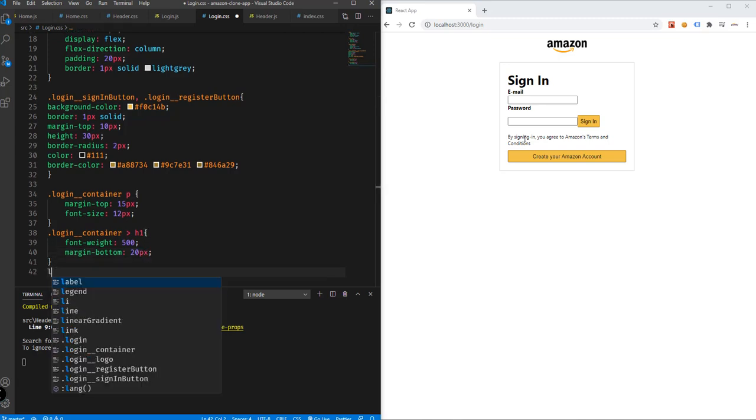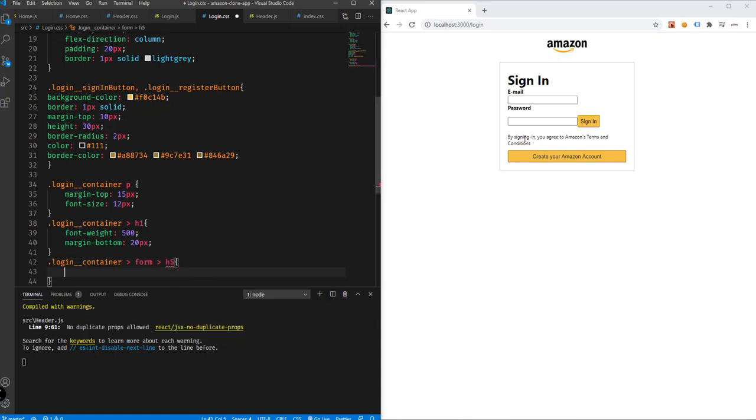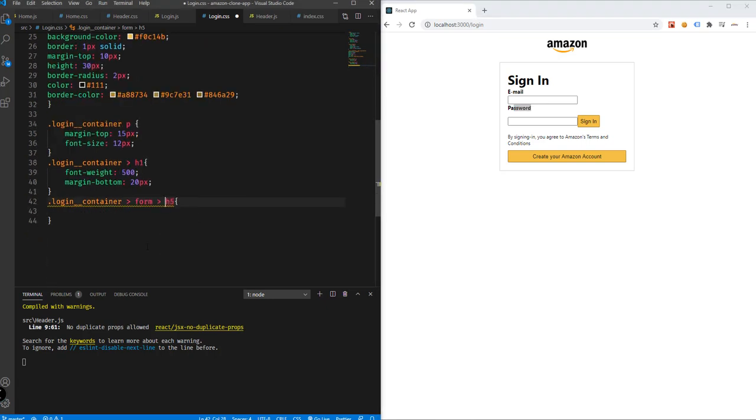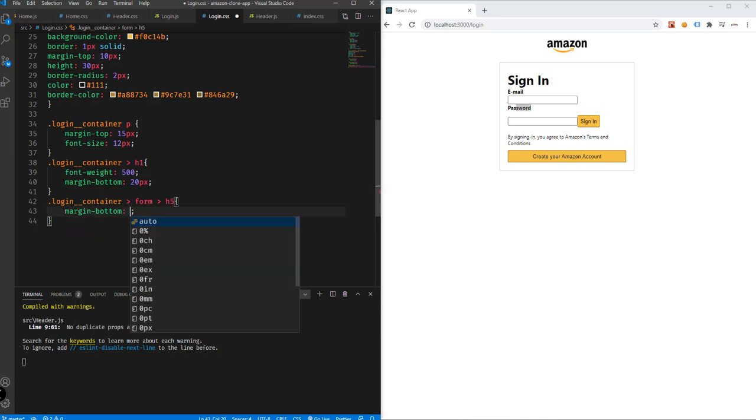And then we'll be adding also style for our h5, which is under the form, and then there you go, h5. So we will be adding, I think, margin to the email and password label that we have here, which is h5. So we'll be adding margin bottom 5 pixels,